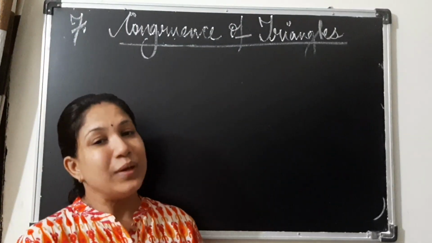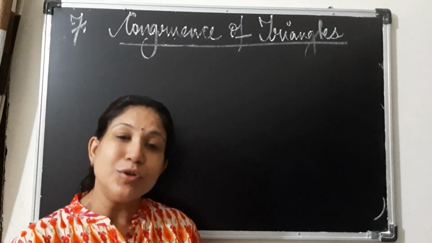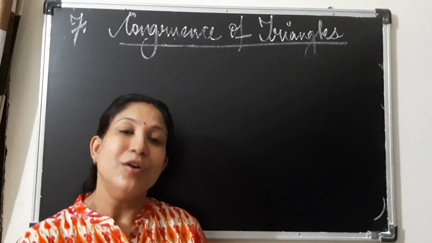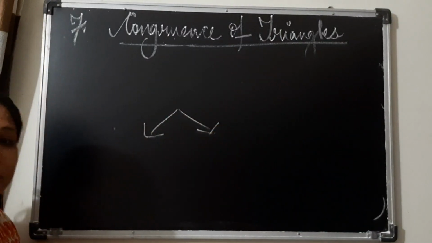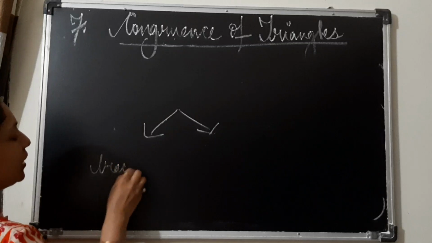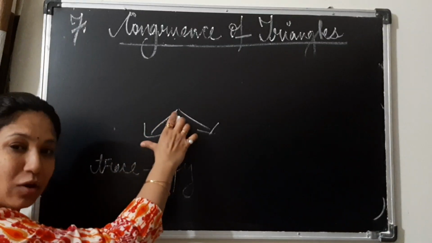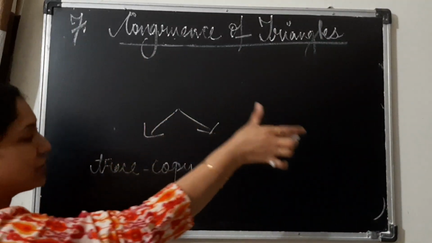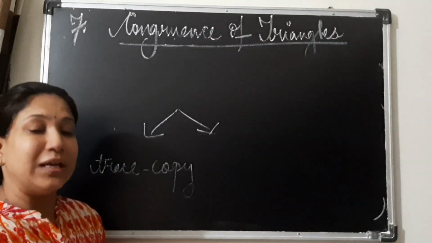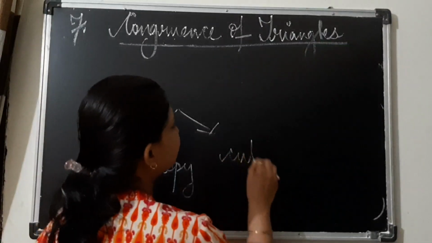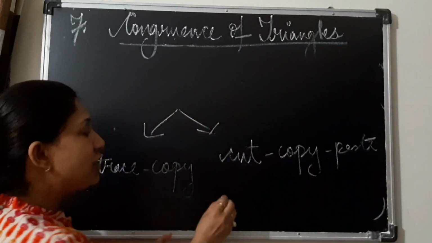So in this session, we understood that if you want to check the congruency of 2D plane figures, you can also do it by the superposition method. And under the superposition method, you have two ways, any way you can opt for. First is the tracer copy method, where you take a tracing paper, place it over one object, copy it, and place it over the other object and see if it exactly and completely falls on it, then it is congruent. The second is the cut, copy and paste method.